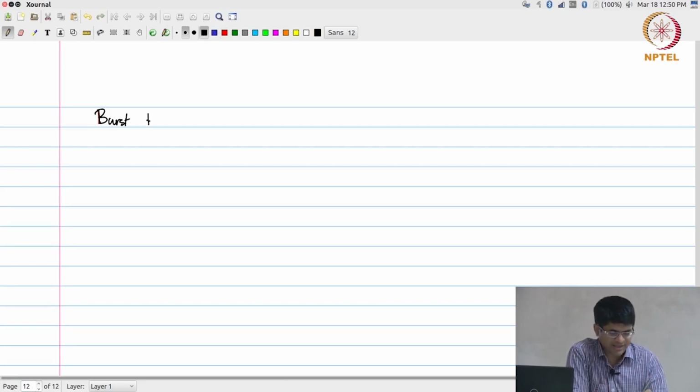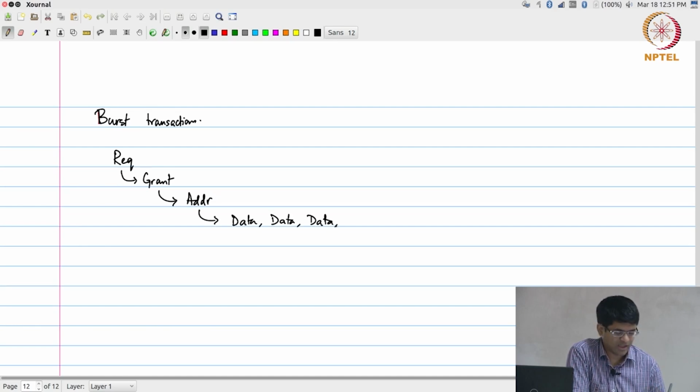So, burst transactions will essentially say request, grant, address and multiple data. So, the number of data would be specified in the control signaling,